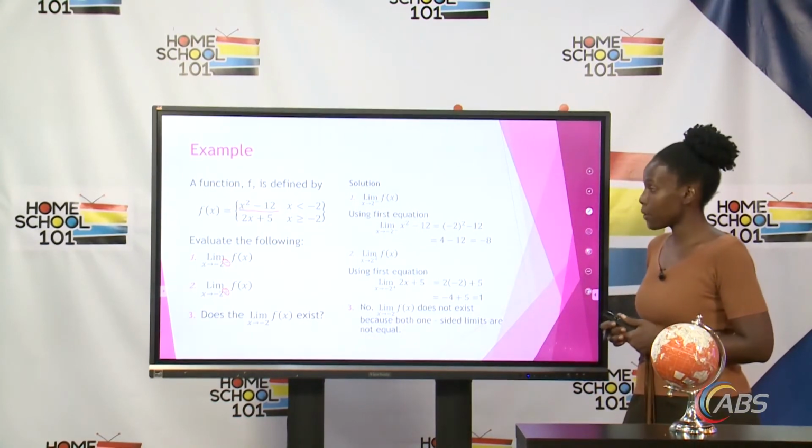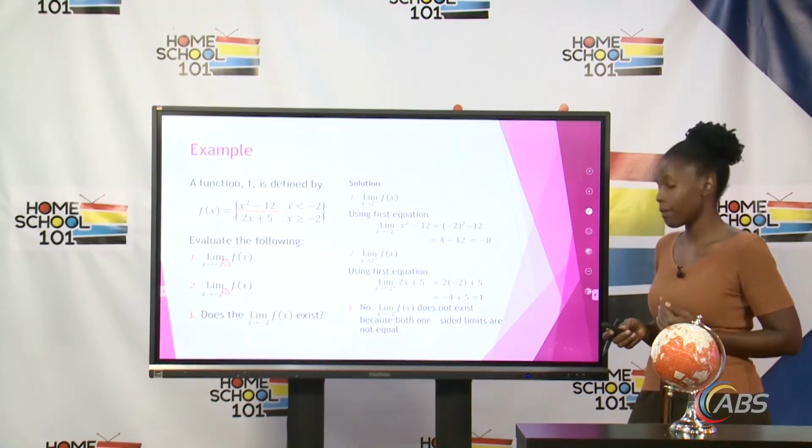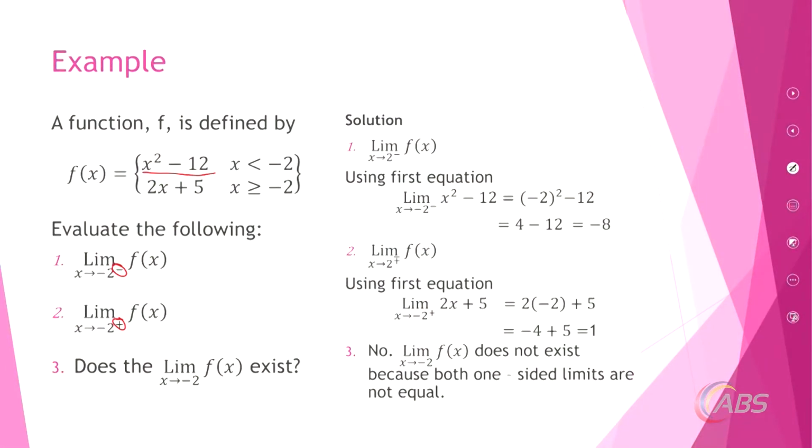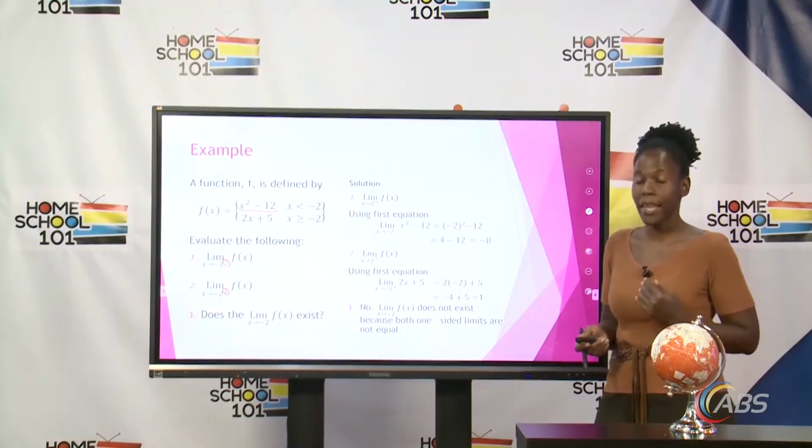So substituting, it becomes 2 times negative 2 plus 5. That gives me a value of 1. So please note, remember the signs, a positive times a negative gives me a negative, and once I'm taking the sum of two values and their signs are different, I subtract the smaller from the larger and rewrite the sign of the larger. To answer the final question, it states, does the limit of f of x as x approaches